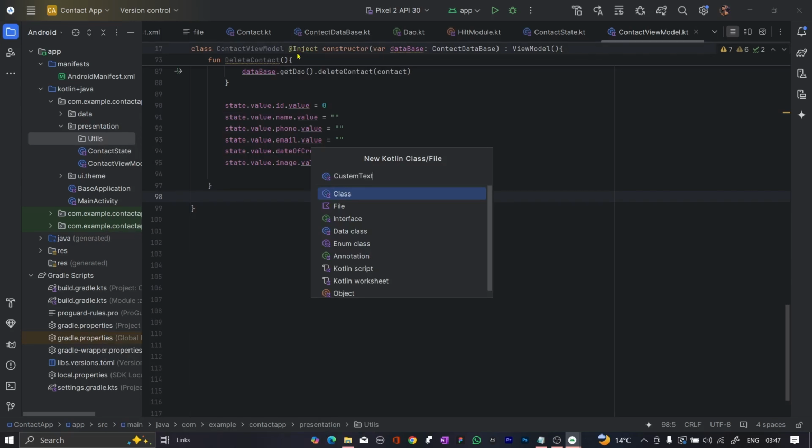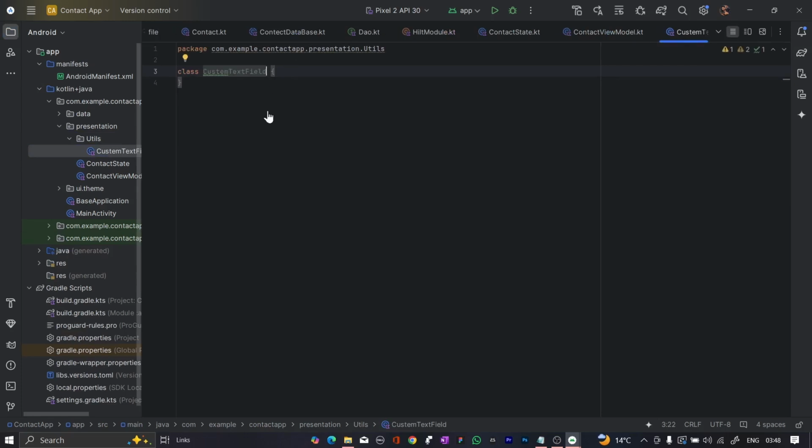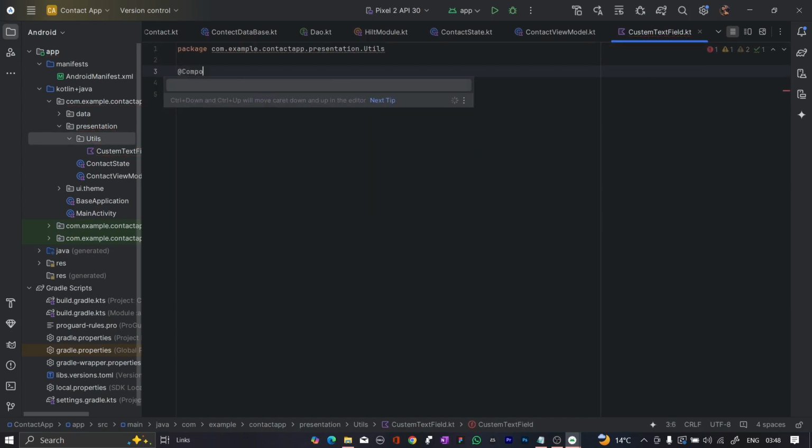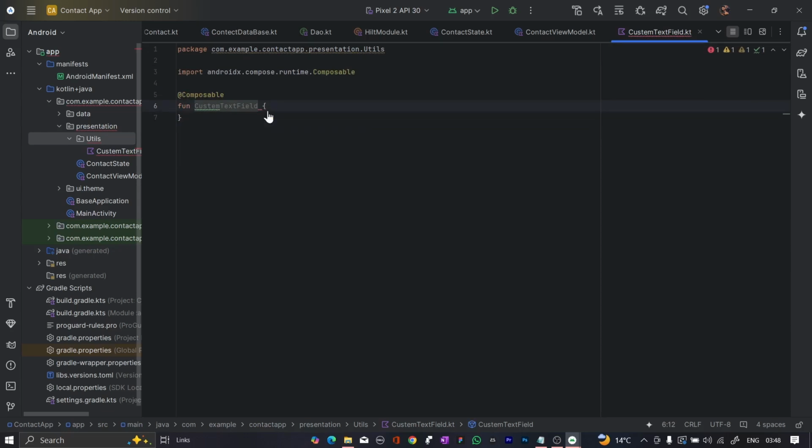So custom text field, अगर कोई स्पेलिंग गलत हो तो यार ओके जस्ट लीव इट एज इट इज, कोई इशू नहीं है। And then what we are going to do inside it, we needed the function here because now we are creating the UI part. So composable function लेंगे हम, as we take in the Jetpack Compose का यूज़ कर रहे हैं, और यहाँ पे हम इन्वोकेट कर देंगे फंक्शन को। Inside it what we are going to do, we are going to take variables and type would be the string। अब ये सारा पैरामीटर्स चाहिए एक्चुअली हमको, ठीक है।